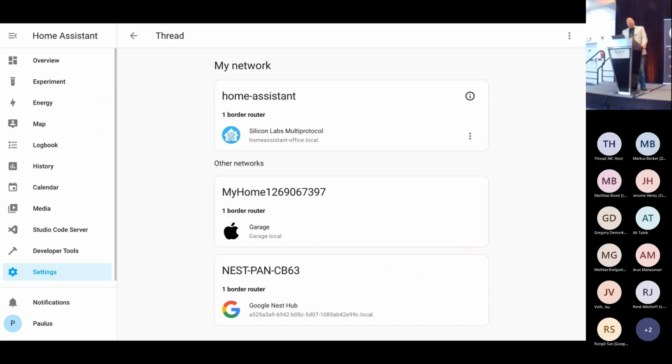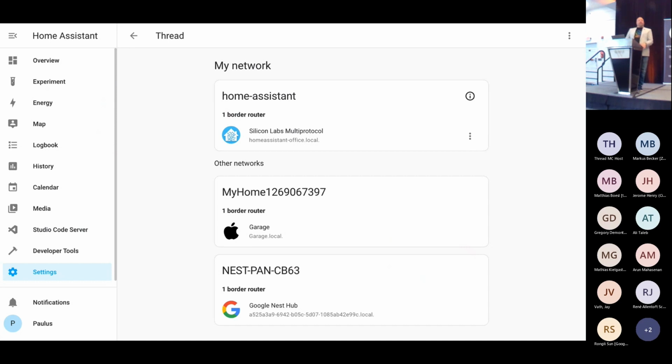And like I said, we really want people to be aware of Thread. I bet there's a lot of users out there that are actually having a Thread network in their house without knowing it, because they have a HomePod, they have a Google Home Hub, and they don't know that these things have been enabled. I was looking at Home Assistant Analytics because this is public data. And I think right now we see around 12% of our user base already having Thread enabled, which is pretty big adoption. And the reason people are having Thread enabled is because we discover Thread on the network and we say, hey, do you want to enable Thread management? They're like, okay. Even if they don't run a Thread border router, they can still see, hey, Thread is there.